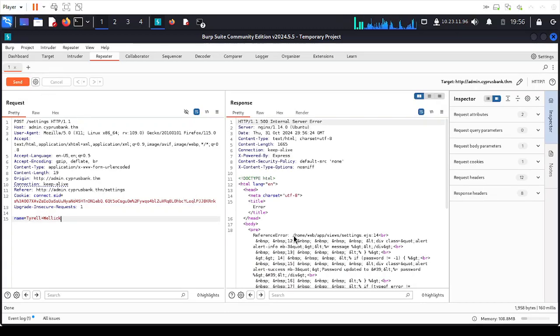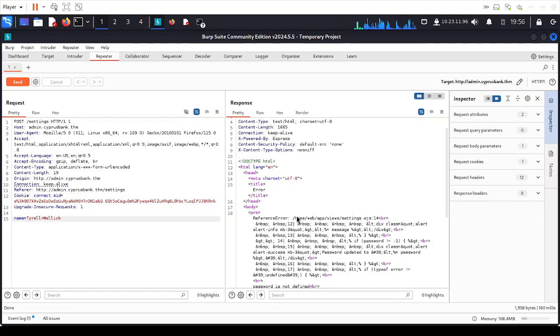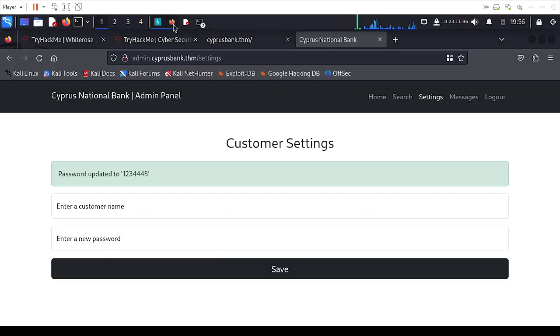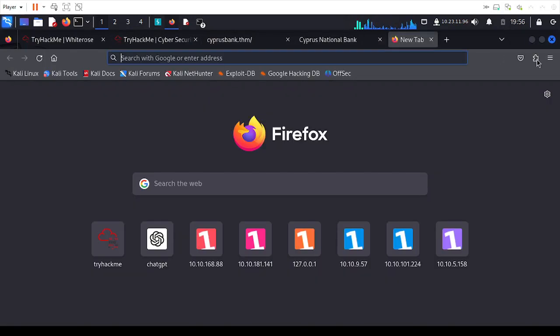When you send it, you see this error here, a very verbose error which has content for us, and you can see here they're using EJS. This is Embedded JS, which is a templating framework that can be used with Express. So what we'll do, we'll quickly look into vulnerabilities which has